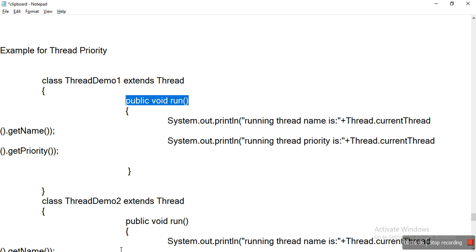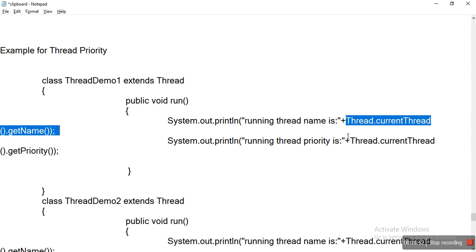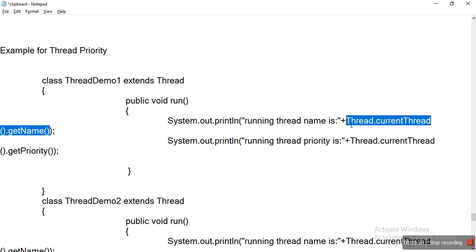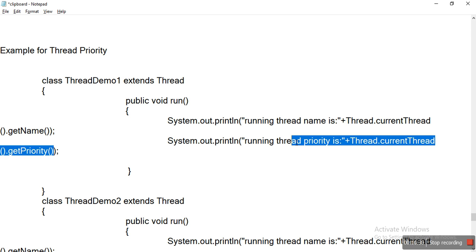Within this run method we're printing the thread name. Thread.currentThread().getName() is the method used to get the name of that particular thread. In one more print statement we print the priority of that thread.